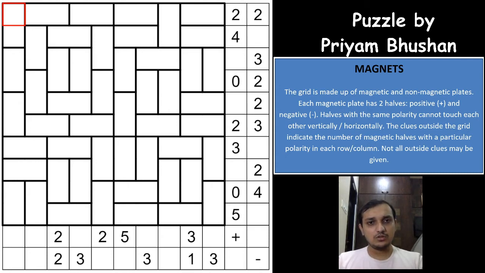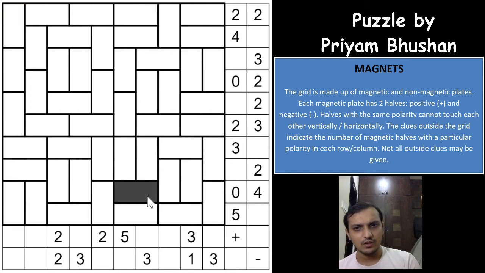Okay. So let's start this puzzle. For the 0, we can directly mark that this won't be a magnet, and so there has to be 4 negatives, right? It can be anyway, and 0 positive, right? Okay, if you see the 5, always go for the higher number, either the lowest number 0, or the highest number, anything 4, 5. That will help you to crack the puzzle easily. So this puzzle was one of the highest pointers in the contest. So let's see if we are able to crack this puzzle.